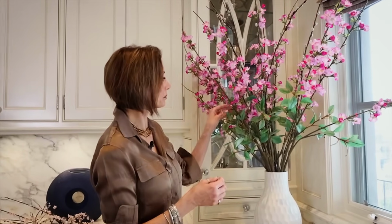I sometimes have real, I sometimes have just faux, but very often I'm mixing faux and real together. So right now, my cherry blossoms are on display. In October, you're not going to see cherry blossoms on my counter. You're going to see, again, sunflowers or another flower of the season, perhaps an astilbe or definitely a hydrangea at that point. And I'm going to put the cherry blossoms away, and then I'm going to bring them out again